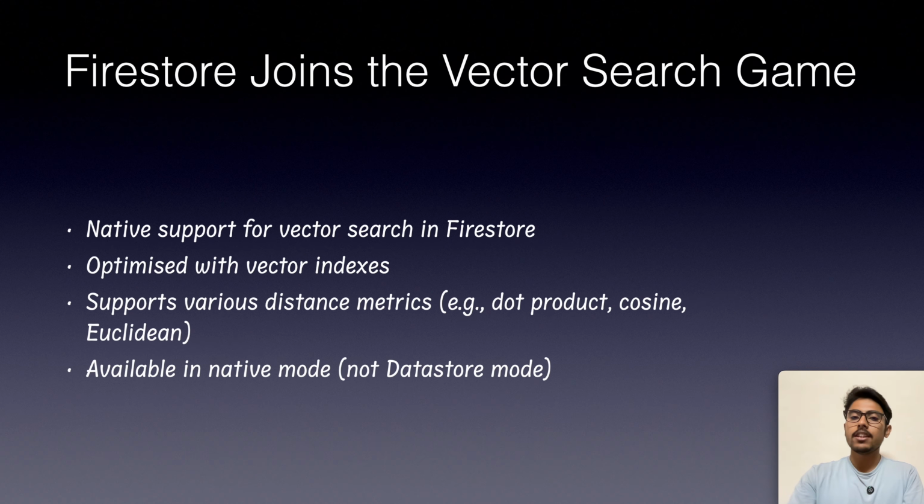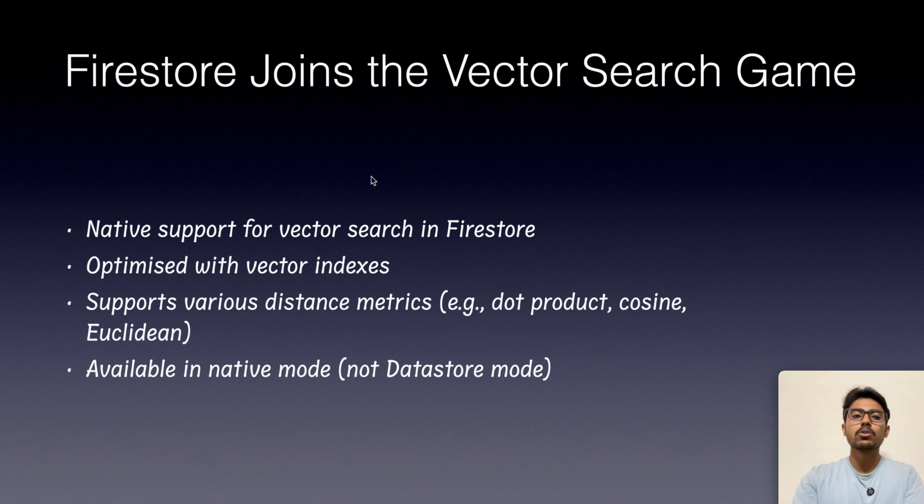We've seen this particular vector search paradigm, which has grown a bit popular these days, from various SaaS providers like DataStax and Vertex AI, as well as in AWS. But Firestore was the only bit in the Google Cloud arsenal which was falling behind with this one. Earlier we could use compound queries and single field queries, but now they have enabled this particular vector search